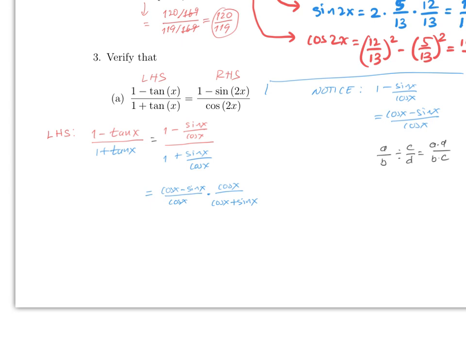So notice that this will cancel. And also, to be sure that this is clear, this is this part, and this is this part. The cosines cancel, so therefore you end up with cosine x minus sine x over cosine x plus sine x. Now this doesn't look anything like this yet, so we're gonna use the trick that we used before, multiply by